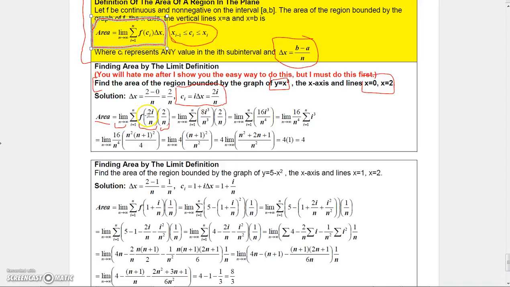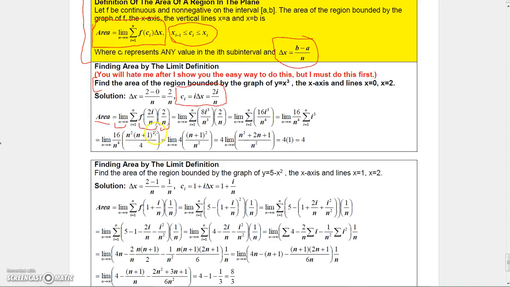And now since f of 2i over n, remember f of x is x cubed. There it is. f of x is x cubed. So all I have to do is cube 2i over n, which is going to give me 8i cubed over n cubed times 2 over n. Well, if you multiply these two together, you get 16i cubed over n to the fourth. But I can factor the 16 over n to the fourth out of the sum. And so I have the limit as n goes to infinity, 16 over n to the fourth times the sum